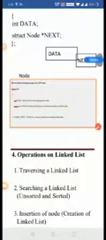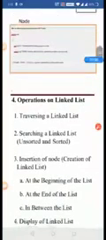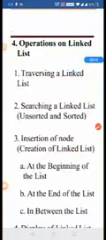In the last lecture we have seen what a linked list is, its comparison and the memory representation. In today's section we will see operations on linked list. So the operations on linked list are traversing the linked list, searching the linked list in unsorted and sorted array,